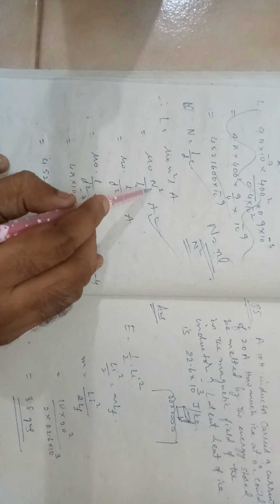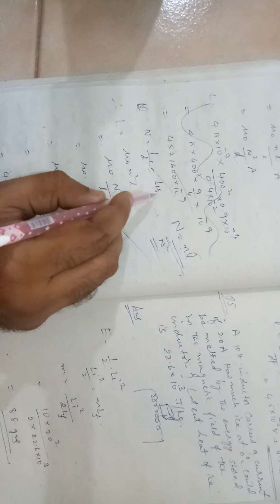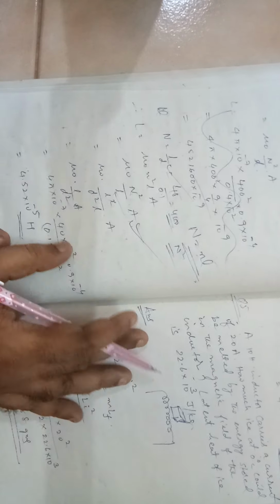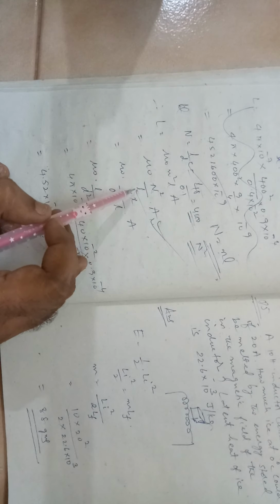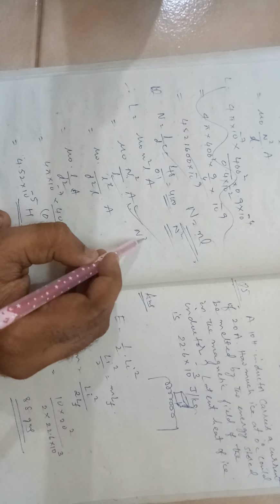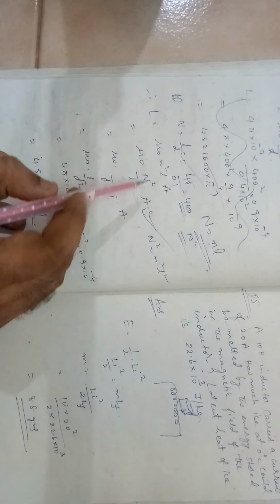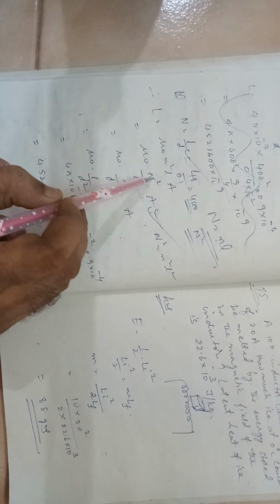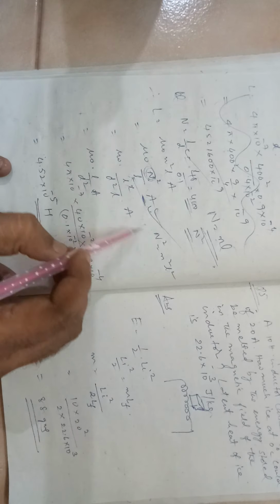Area is given, length is given, N we have found out. So N is how much? It is 40 centimeter divided by 0.1, it is 400. 400 loops are there. So we can do one thing, otherwise it is N square by L into A. N square is small n square L square, right? So here it is mu 0 into N square by L into A. This is what it is. So in the place of N, I have taken L by D.